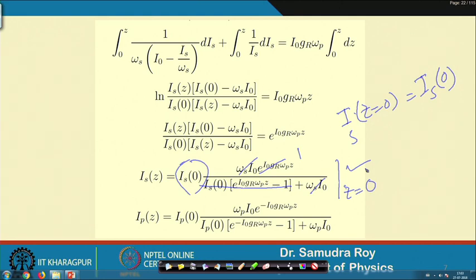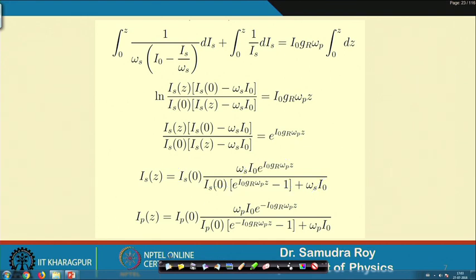So, it seems that whatever expression I found is correct, but you need to check that by yourself. I strongly suggest you please check that by yourself. In a similar way, if I calculate I_p, I will get similar kinds of results, and it is easy. If you calculate I_p, then you can also calculate I_s. There are two ways to calculate I_p.